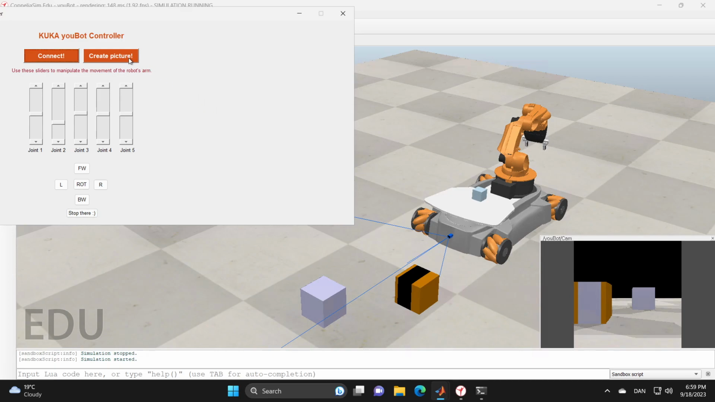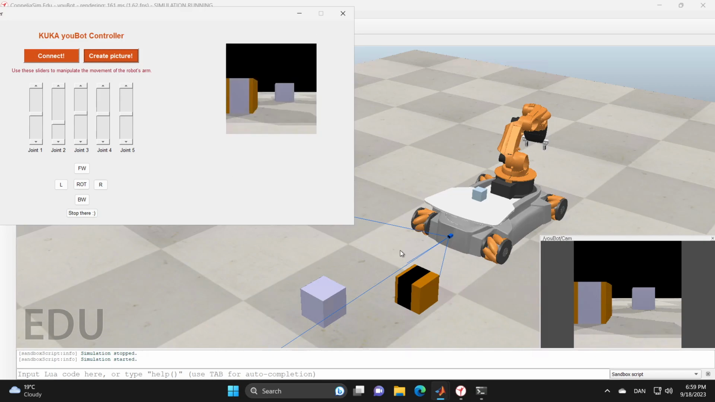With the use of this Create Picture button, we can create an RGB image with the use of this vision sensor installed on the base of the robot. With the use of these sliders, you can manipulate the movement of the robot's arm. For example,